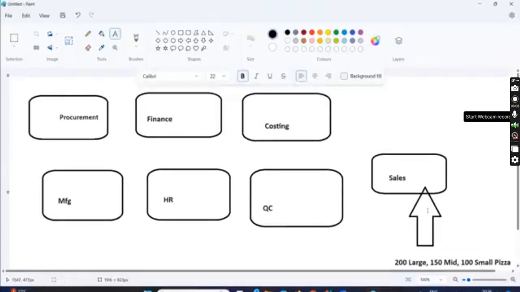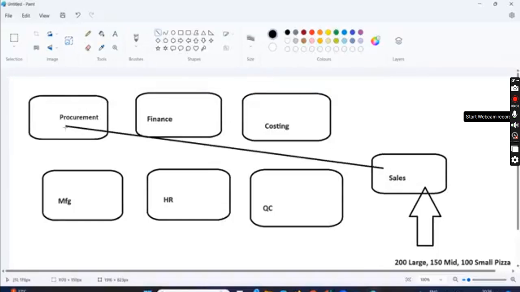So he places the order, but this is something which cannot be done right away. He mentions the date on which he would need these many pizzas, and asks, can you give me a confirmation, and what will be the cost? Sales department will say, okay, just wait a minute, let me discuss with all the departments. First, the sales department will call the procurement department, saying, hey, I have an order, these many finished goods I need. So for that, do you have enough